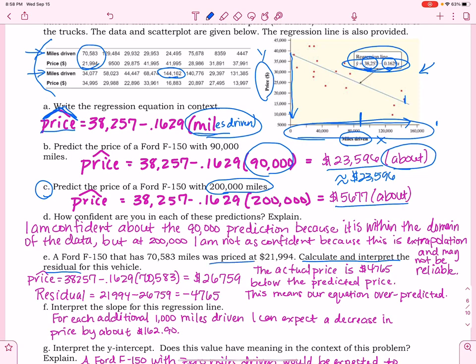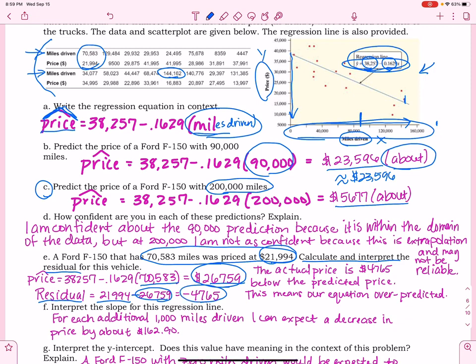So this is my actual ordered pair right here. So I'm going to take 70,583 miles and I'm going to substitute it into my equation so that I can get the predicted y. Now to find my residual, I take my actual price and I subtract from it my predicted price, and that gives me a negative